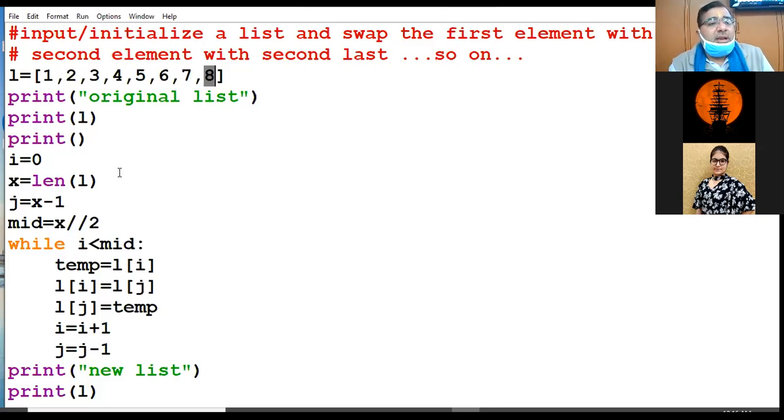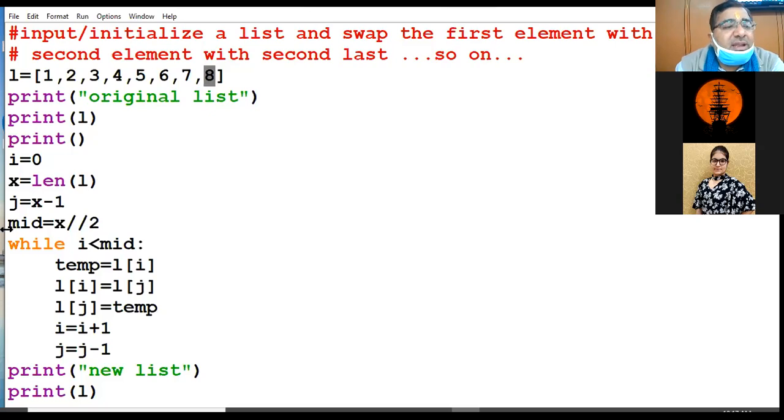Clear? So now I want one particular point up till where I have to stop. Because if I'm not having such a condition to stop, the while loop will take me to an infinite condition. For that, I have calculated the middle value, the middle element.